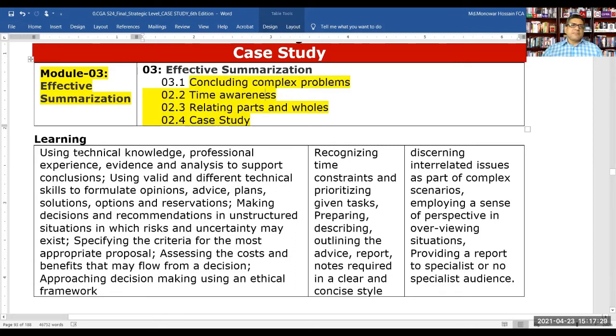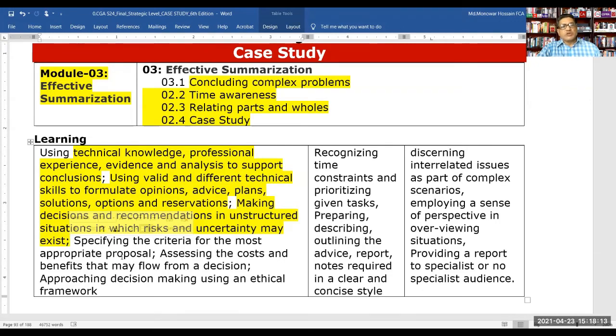Within the case study, we use our technical knowledge, professional experience, and evidence, and analysis to support conclusions. We have to use valid and different technical skills, formulate options, advice, plans, solutions, and reservations also within our case study, making decisions and recommendations in unstructured situations in which risks and uncertainty may exist, and specifically the criteria of the most appropriate proposal we should approach to our top management through the case study,